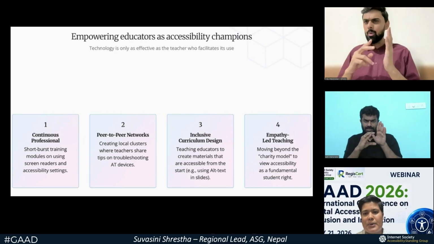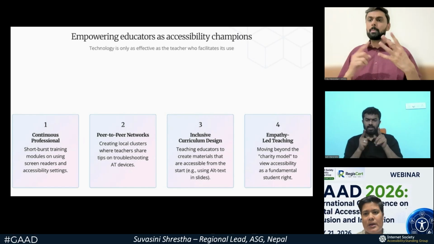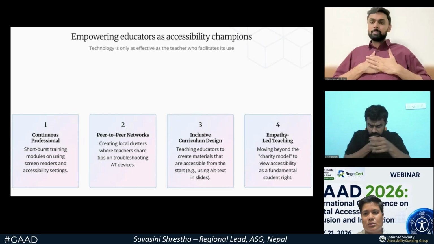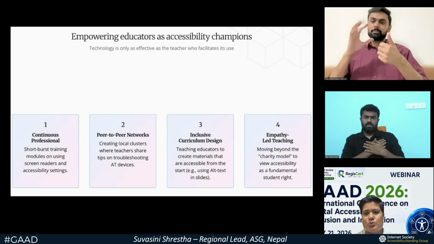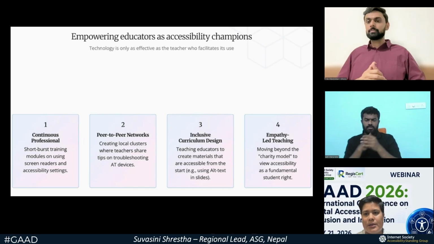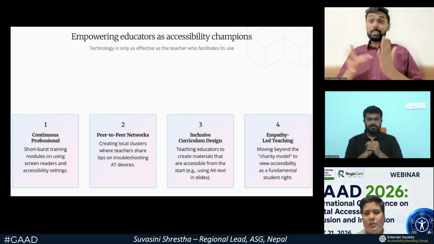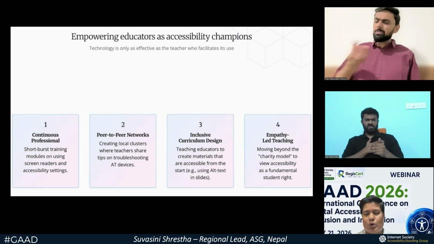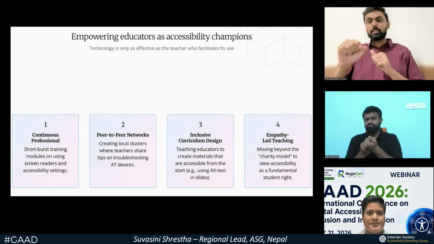And there is empathy-led teaching, as we had already discussed. Empathy leads to success. As we are moving ahead in technology, beyond the charity model to accessibility as a fundamental model, we can go with that.